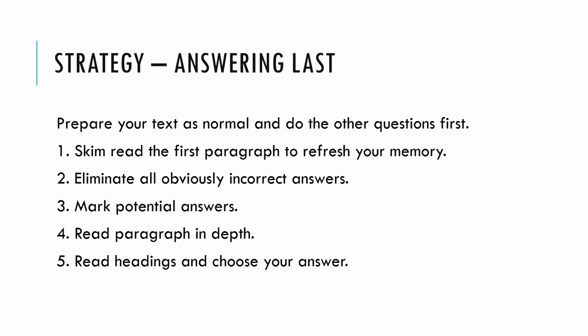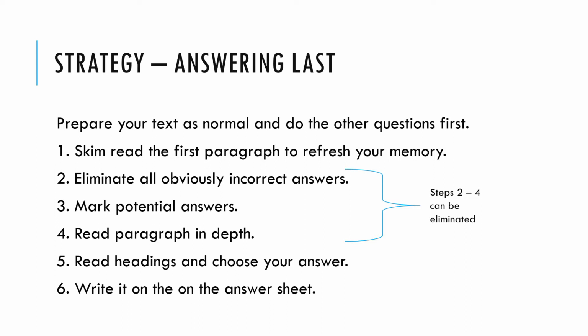Read the headings and choose your answer, and then write it directly on the answer sheet. Repeat this for the other paragraphs as well. Also, steps 2 to 4 can be eliminated. The reason for this is that we've already done our pre-reading strategy, we've already answered the other questions, we have a good idea of what's in the reading passage anyway, so we can skip over this if we feel confident